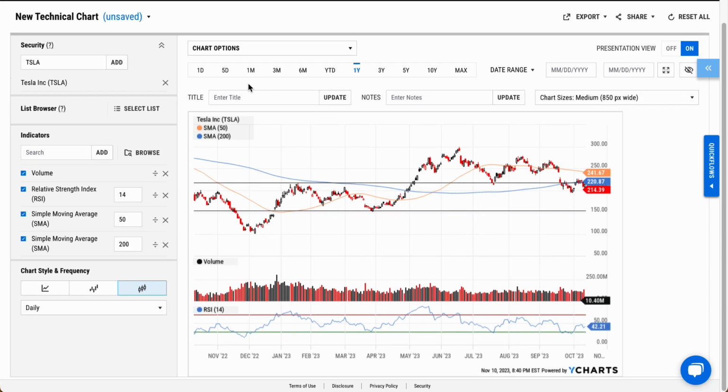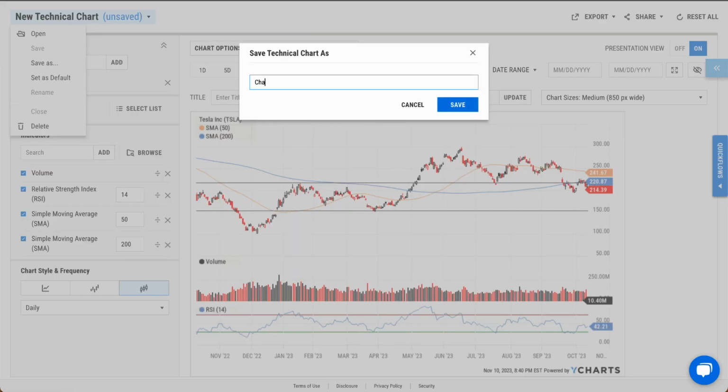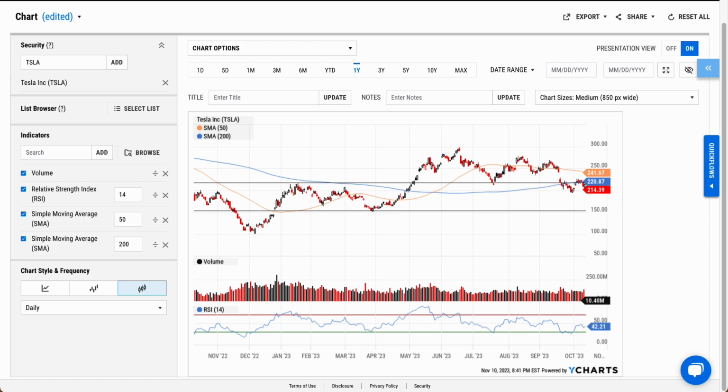No matter your preferred indicators, chart format, or overall method of analysis, YCharts' technical charts tool has something for every